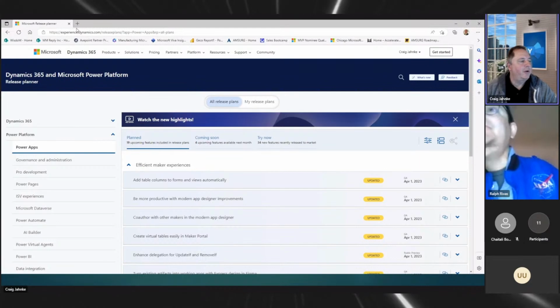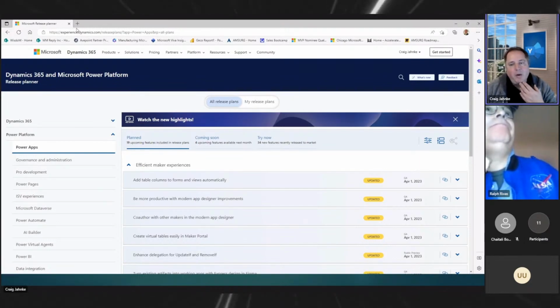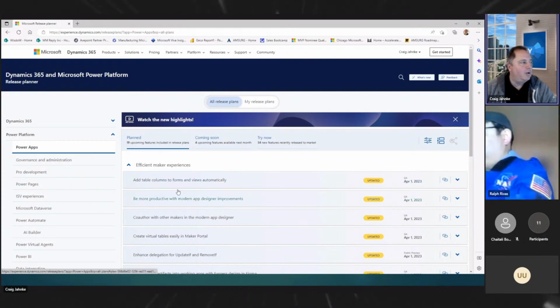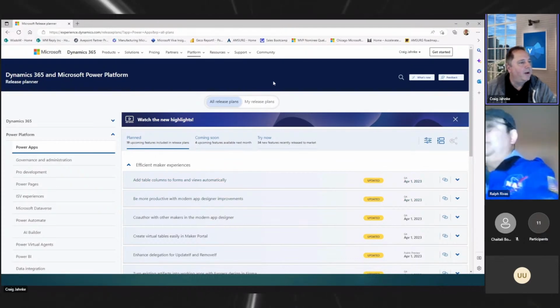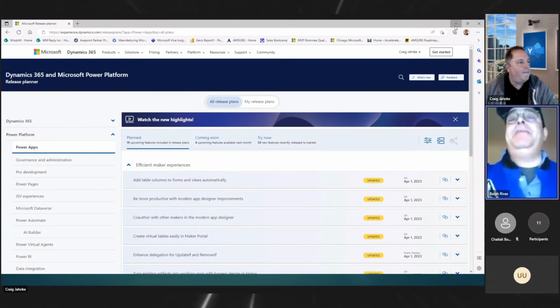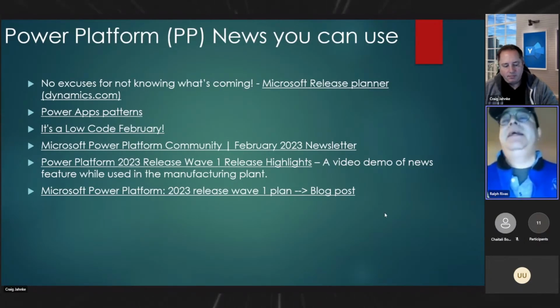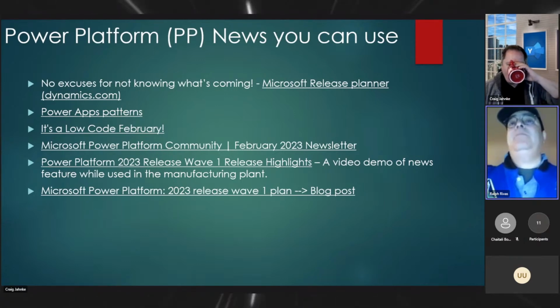Yeah, no, this is really cool because we do get asked a lot about when things are coming. "Hey, I want this feature." Now we have a better view into the world of Microsoft. And so you don't have to be an MVP or a partner with secret NDA information about a lot of this stuff. In a lot of cases, they're telling you what's going to come, what you should know